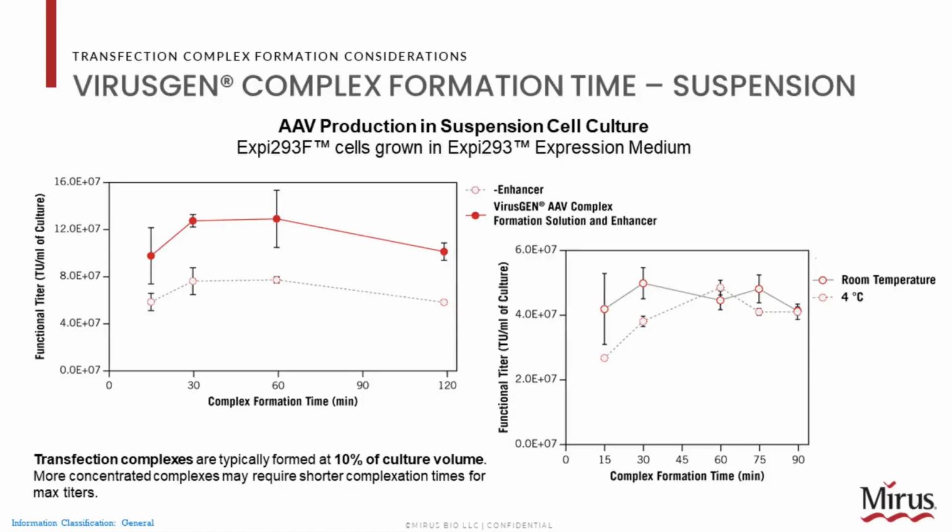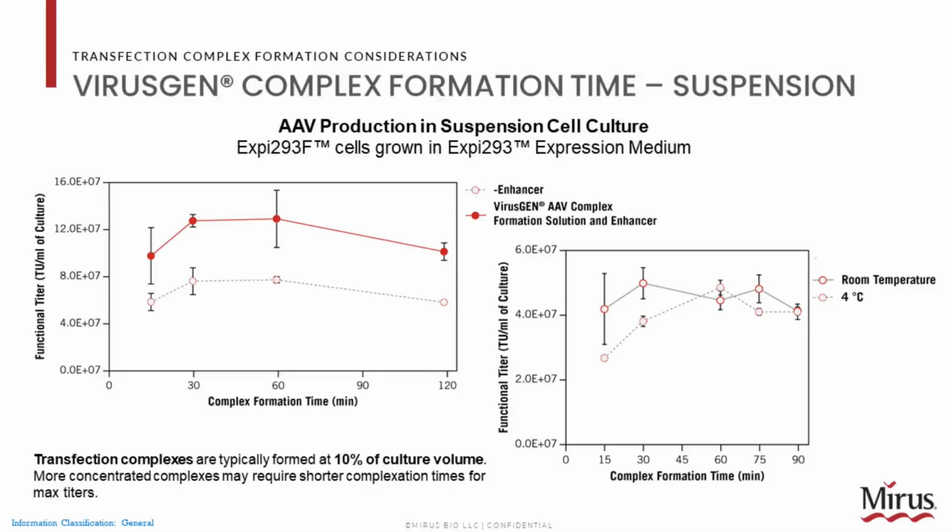As we noted before, once the reagent and DNA find each other, they're going to start to complex. And as this happens, we are going to have a window of time for optimal transfection. For VirusGen, that window is a very open, wide time frame of 15 to 60 minutes. So this allows for a lot of flexibility in where our complexes form. Again, we could form this in a buffer prep area versus the dedicated upstream suite. The time to make and verify those aseptic connections. Welding can take a few minutes per line, verifying the connections.